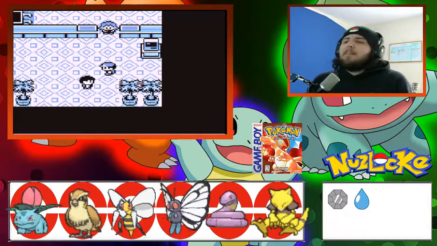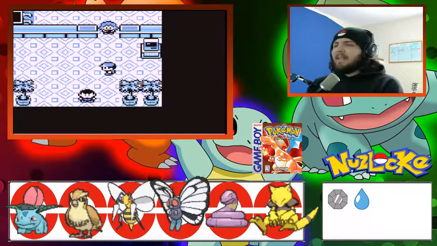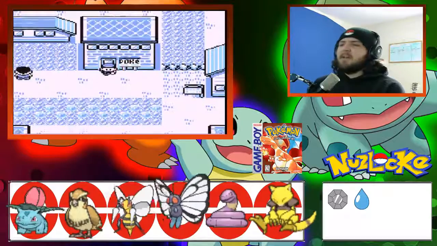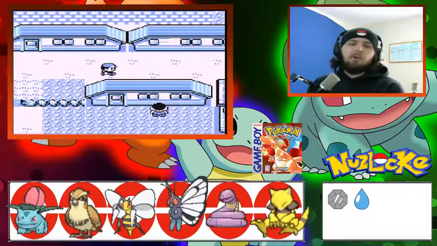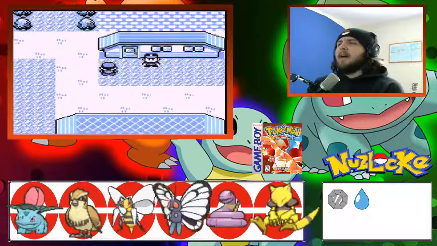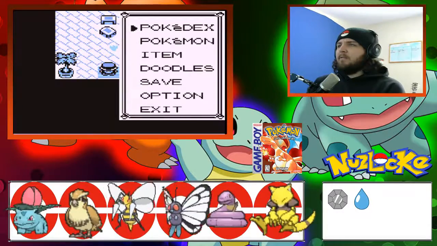My name is Doodles, and we are back once again with my Pokemon Red Nuzlocke challenge. In the last episode, we tackled the second gym, which was Misty's gym, and we also did the Nugget Bridge. We fought our rival, and we saw Pokemon Bill. So we had a very busy episode last episode, and now we are heading over to Route 5 and 6